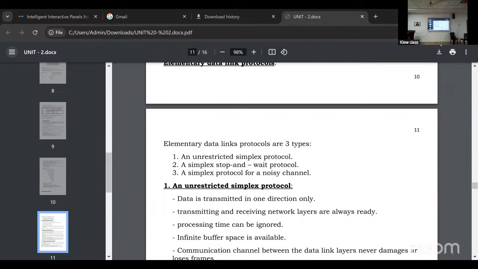What is Ethernet? Network. What is Ethernet?